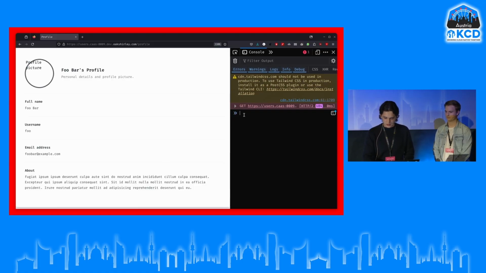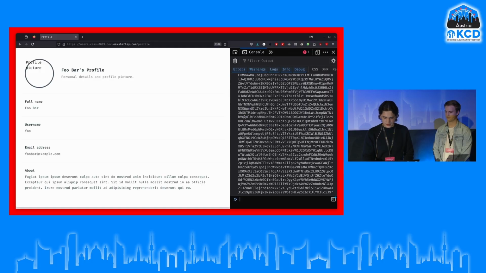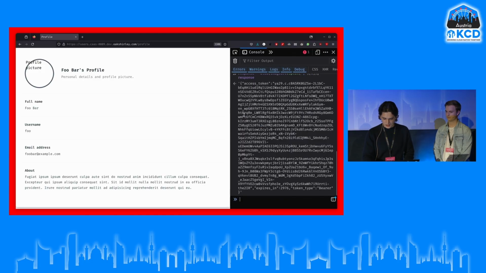And if we look at the response again, just like before, there's some data encoded, and if we decode it, we can see here we actually have, again,